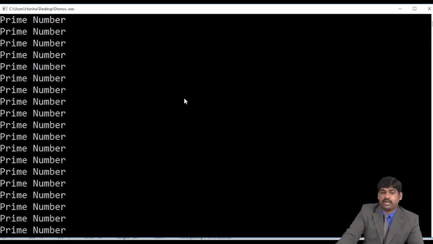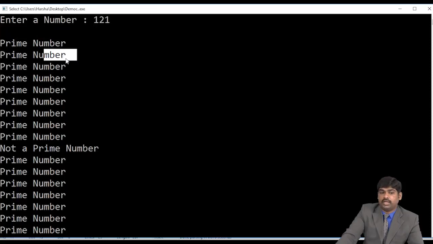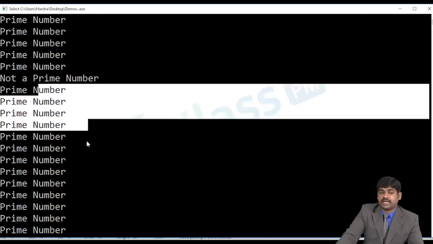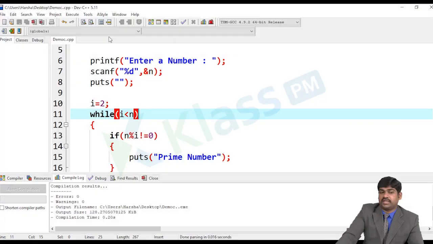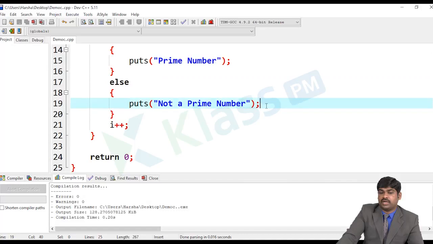So 121, what is happening? 121 is getting divisible by 2? No. 3, no. 4, no. 5, no. 6, 7, 8, 9, 10. It is getting divisible by 11. But once again, it is checking for 12, 13, 14, till 120 times. Now in that case what is happening, once it is saying it is not a prime number, what I want